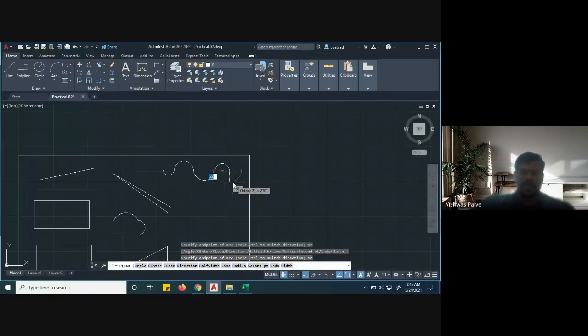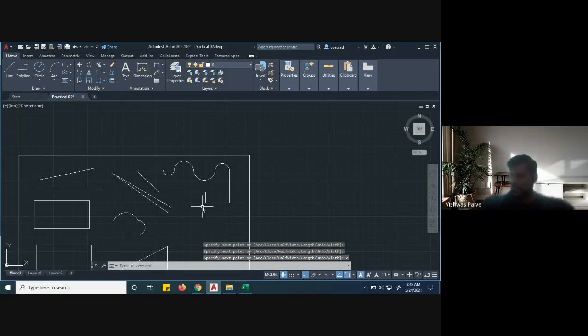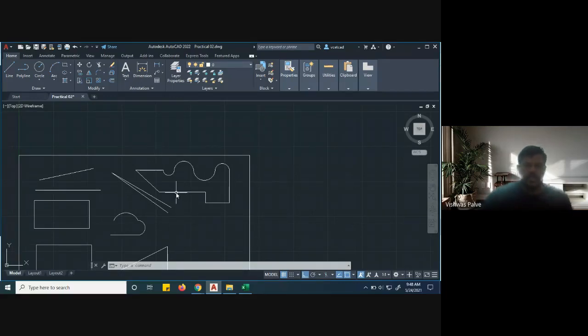And again, if I want to draw a line, in that case you have to press L, enter, and you can draw a line again. Suppose now I want to connect it with the origin, so I will press C, enter. It will connect with the origin. So this is the feature of polyline. You can draw continuous line.